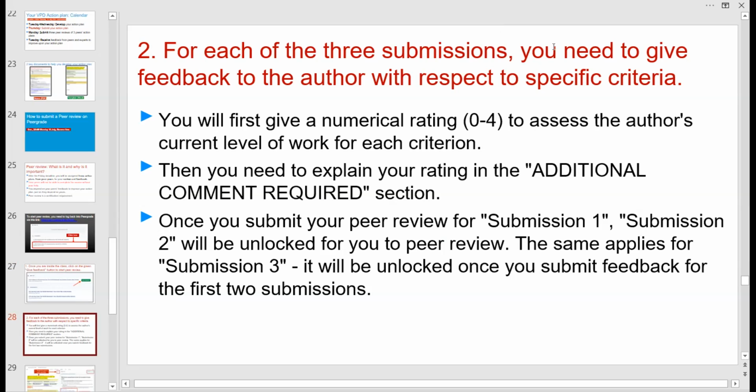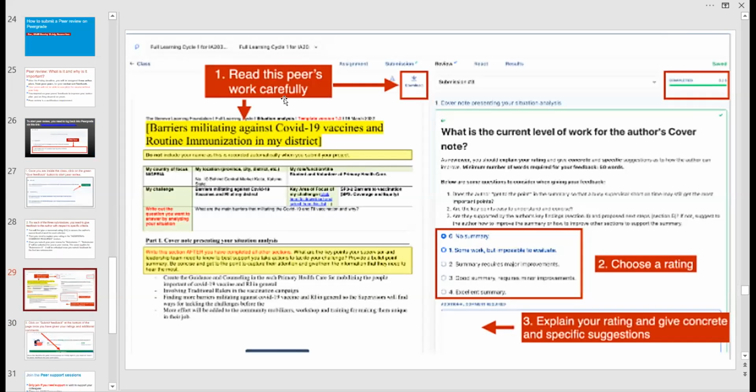So for each of the 3 submissions, you need to give feedback to the author with respect to the specific criteria. You will first give a numerical rating, that is to assess the author's current level of work for each criterion, and then you need to explain your rating using the additional comments required. So this is what it looks like on Peergrade. You carefully read the peer's work.